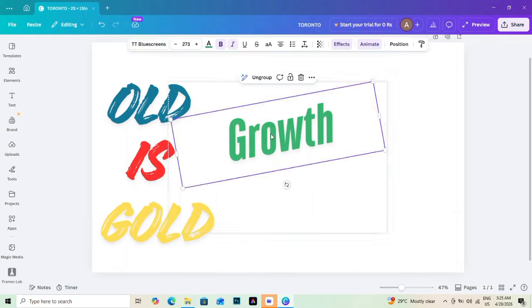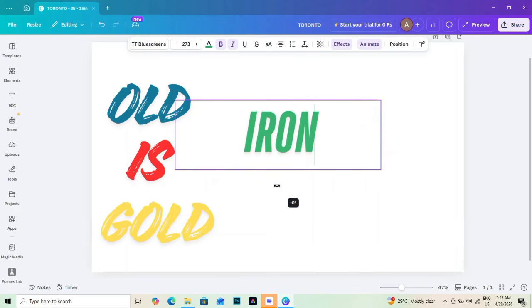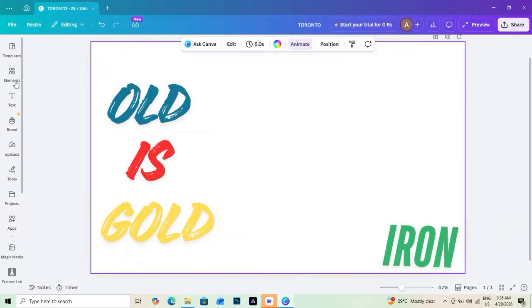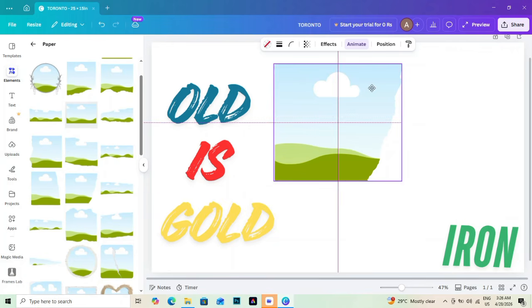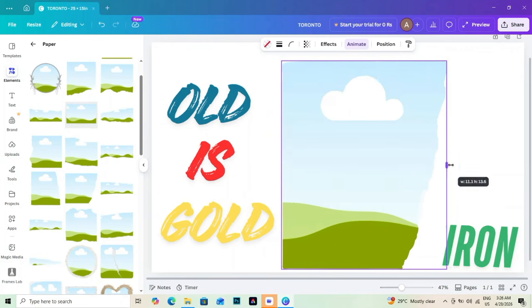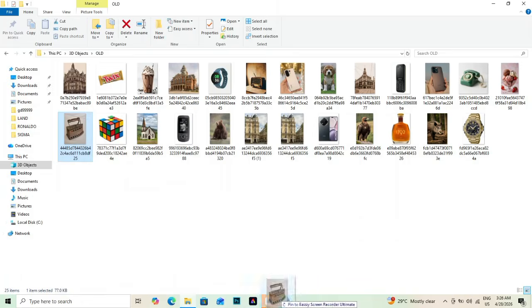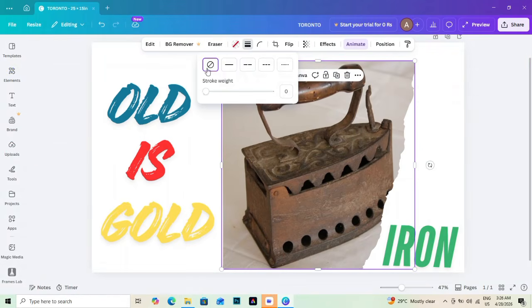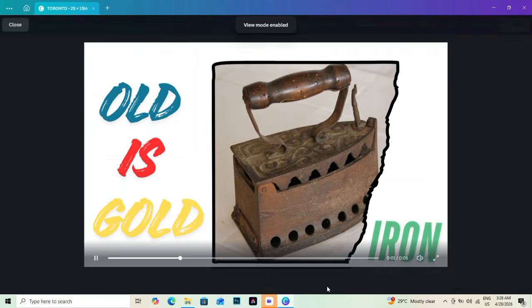Add thin connecting lines or arrows with reduced opacity to guide attention. Duplicate one frame and place it behind with reduced opacity to create subtle depth. Use position tools to align everything while maintaining flow. Add minimal